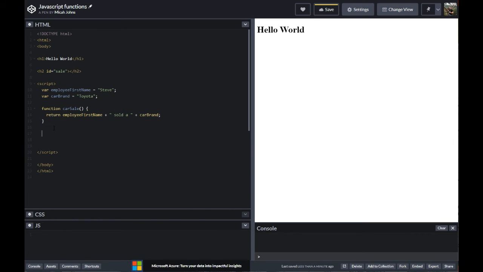So if we want to throw it in there, what we're going to do is document dot get elements by ID, and then we're going to put in this parameter, which in this case is sale. And then we're going to do inner HTML. Don't have to worry too much about what this means. Basically, all this means is that the document is getting this element by this ID right here, and then inside of it, we're going to put something there. So in this case, we're going to put car sale,